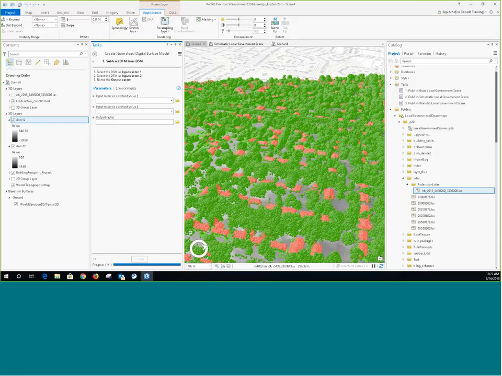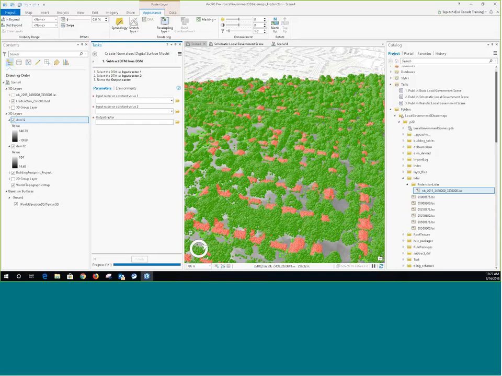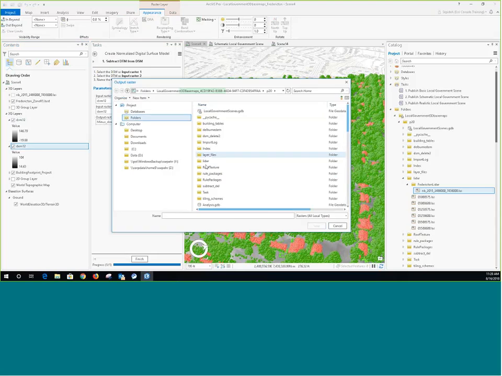What I need for this particular tool is to add the DSM and DEM and calculate the differences between these two raster files. So I'm adding our DSM and DEM and making sure the new raster is saved in a location that you can access later. I can call it minus,